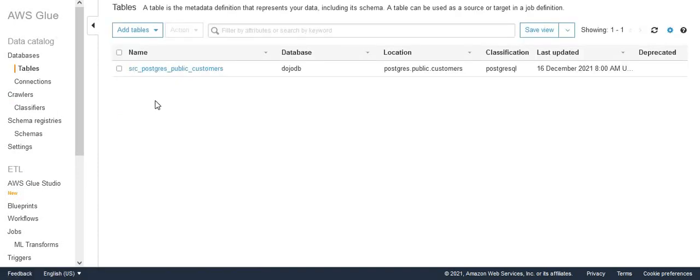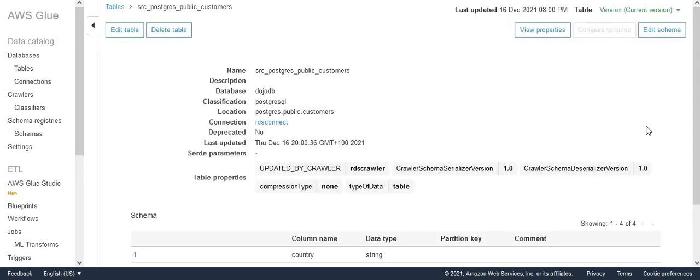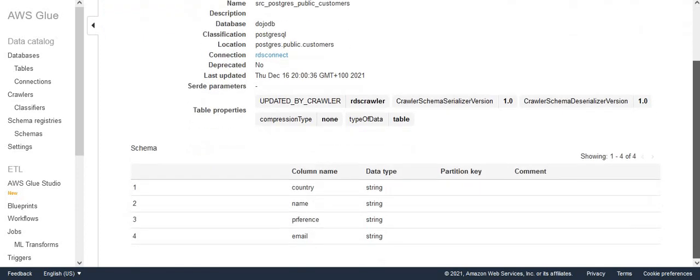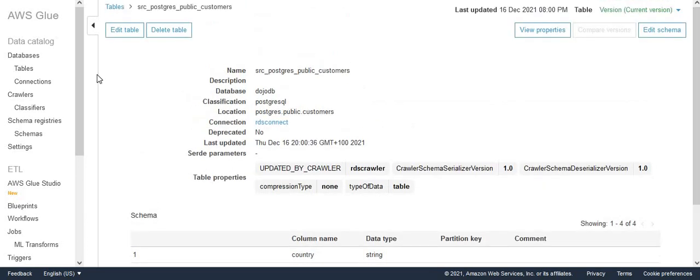So you can see this is my table, src Postgres public customers. And if I open this one, it shows me the whole format saying this is my country, name, preference, and email. So my database is all ready. Looks nice to me. So my source is ready in fact, so now I need to